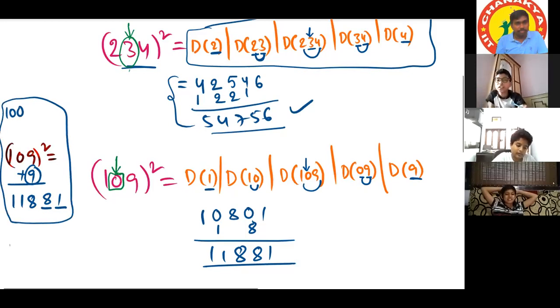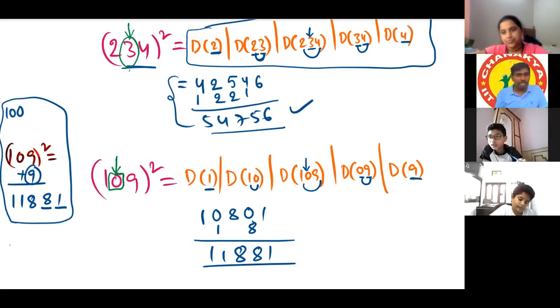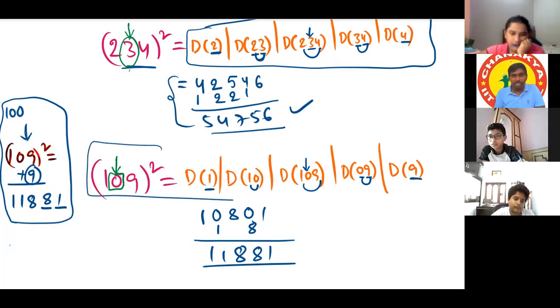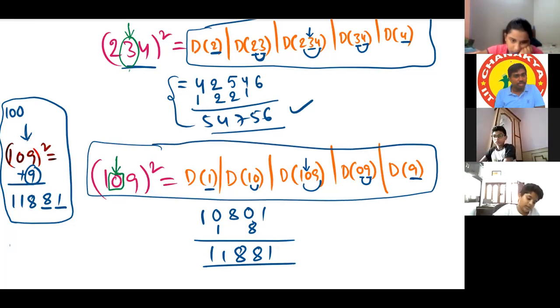Sir, so we can do any of that now, or we have to do the other one? If it is nearby the base, it is better. I am just telling it is better. So if the question is nearby the base, then we can use this base number tactic. Yeah, you can use the base method, or you can do this also. I'm telling you, compared to this, that is easy. Why are special methods there?